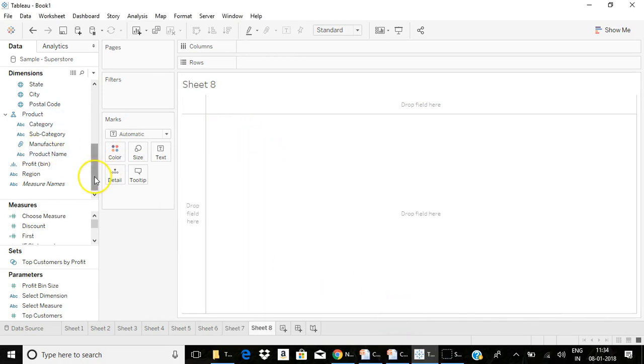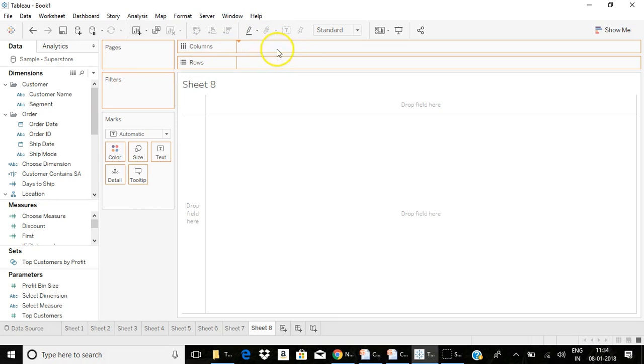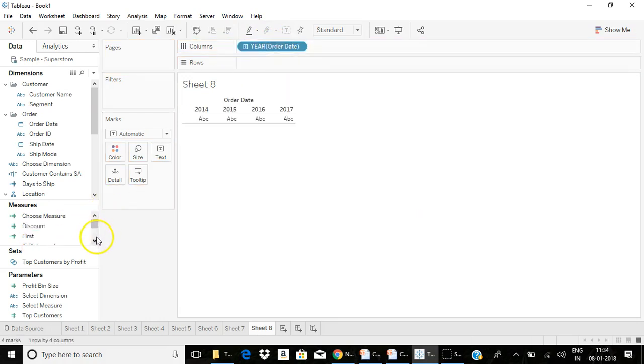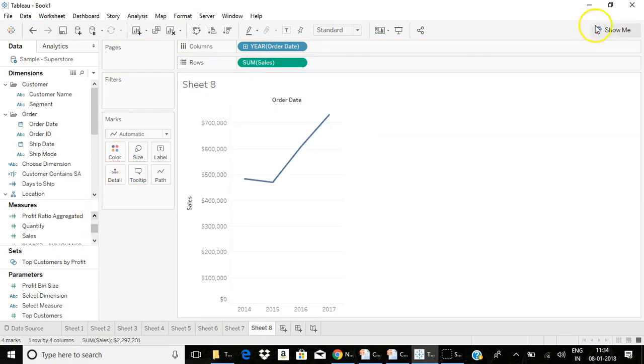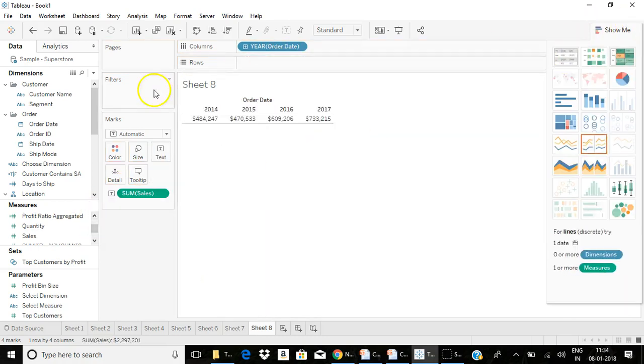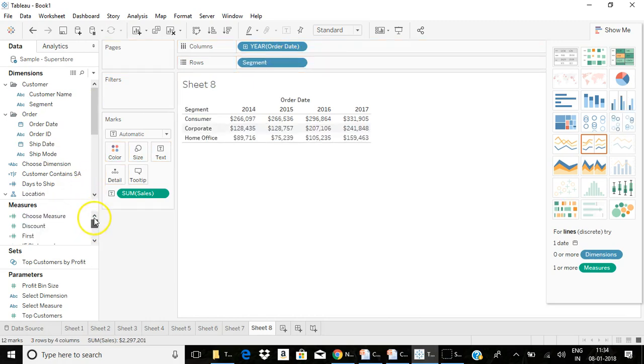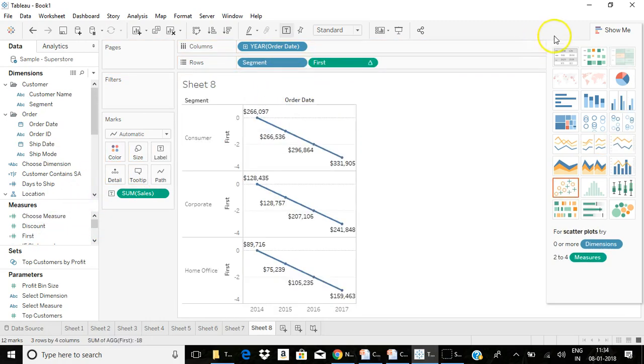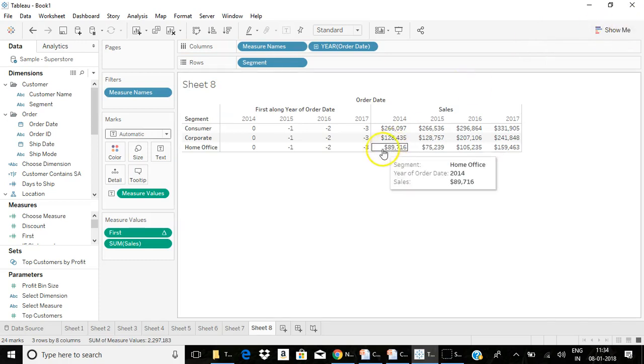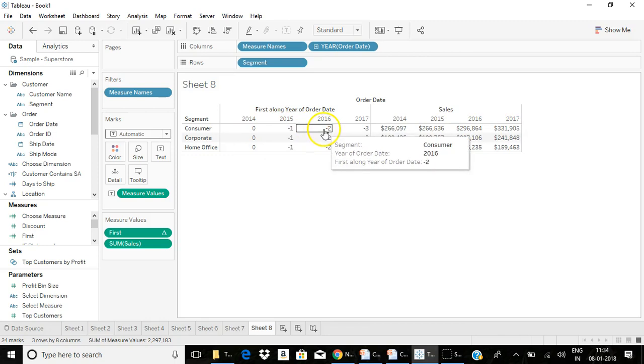For example, I take order date and sales, change it to a table, and I also put first here. The first value is referred to by 0 and the consecutive values by -1, -2, -3.